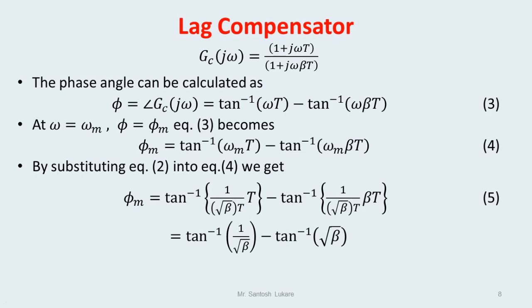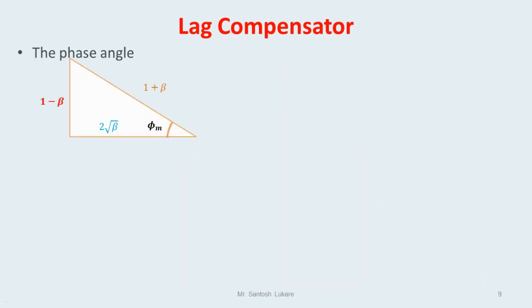So this is just a tan inverse of a minus tan inverse of b. By using the trigonometric relationship, tan inverse of a minus tan inverse of b is equal to tan inverse of, in bracket, a minus b upon 1 plus a into b. So we have the solution of this equation 5 that can be expressed as phi suffix m is equal to tan inverse of 1 minus beta upon 2 root beta. So by taking the tan on both sides of equation 6, one can write tan of phi m is equal to 1 minus beta upon 2 root beta